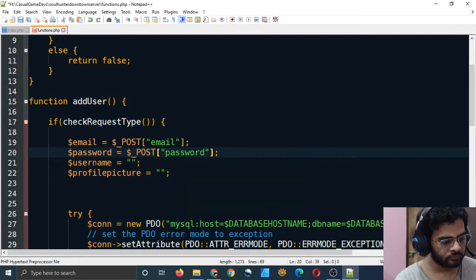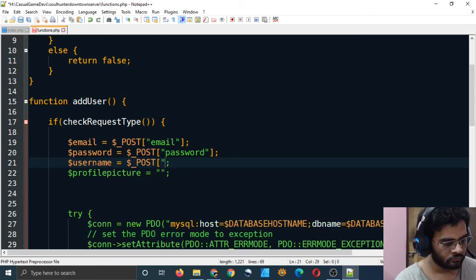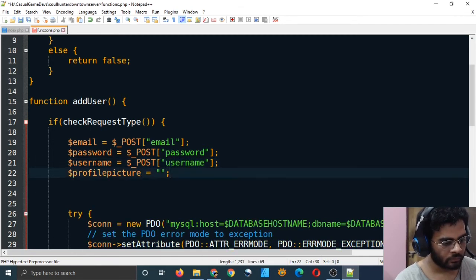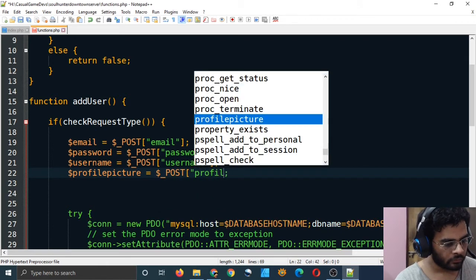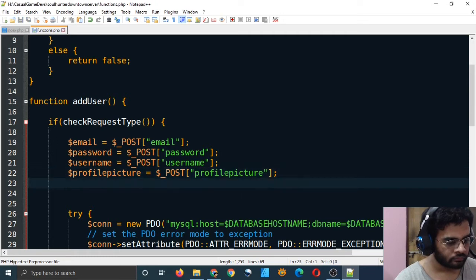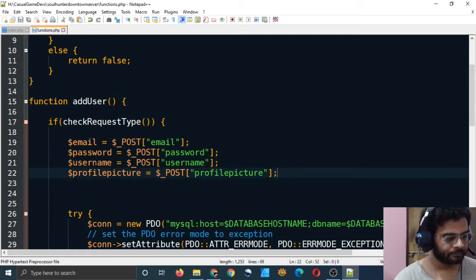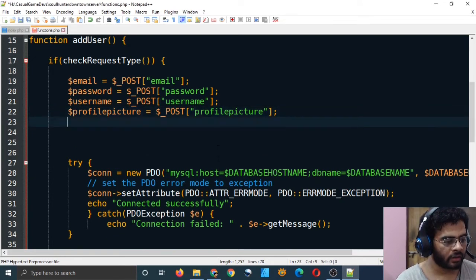Password, username, and $_POST profile picture. So that's good, I believe. Now we have to sanitize them.